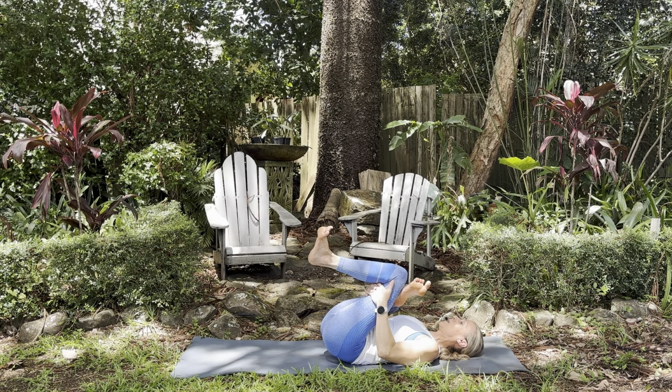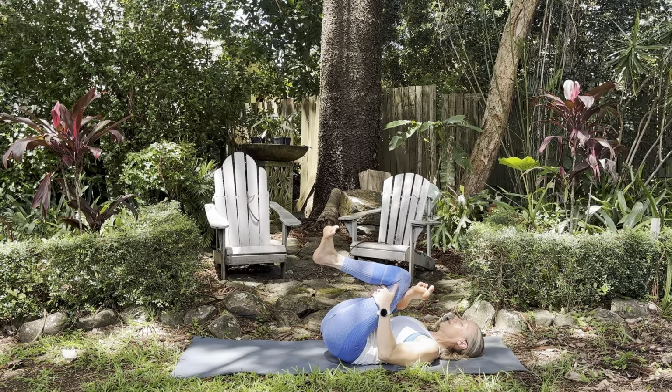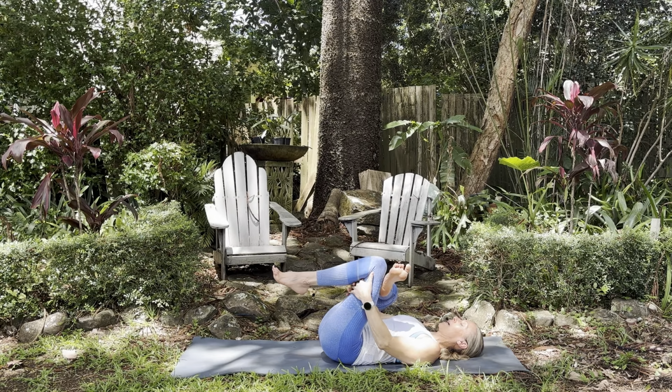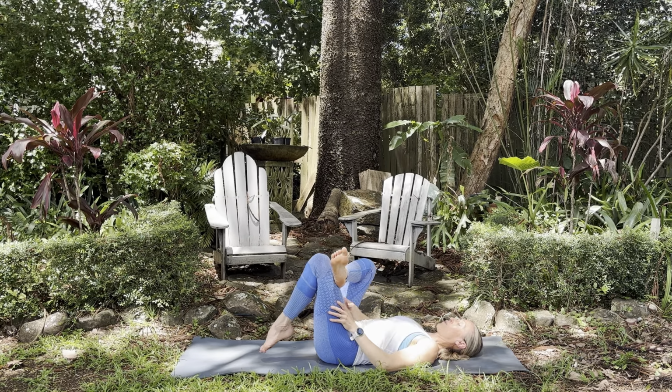But then deliberately relax through your head, your neck, your shoulders. Feel the upper back, middle back, lower back, and tailbone releasing. Just one more breath. Where will this breath take you? And as you allow the breath to slowly come away, lightly land your right foot on the floor,